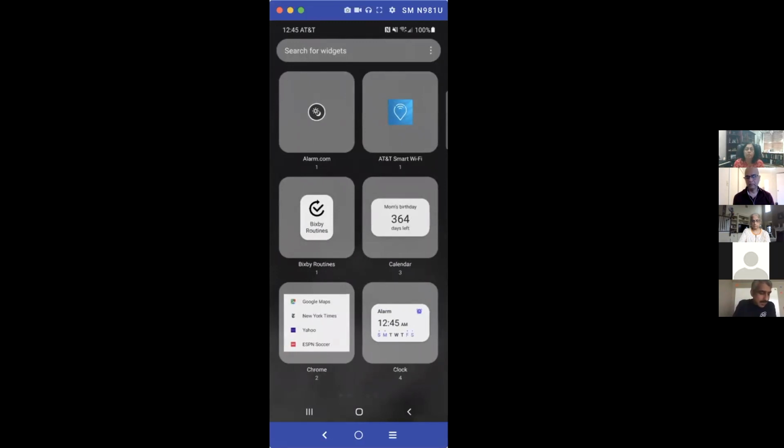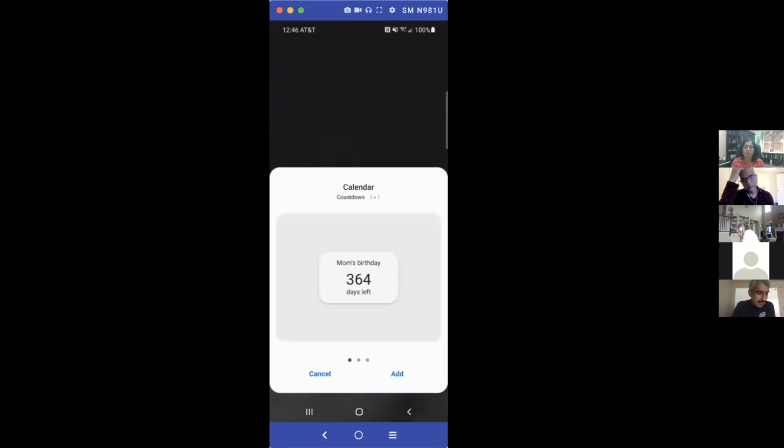For example, you can see calendar, and in calendar you'll see the number 3 at the bottom, which means there are 3 types of widget you can drop with the calendar. If you click on that, one widget is the countdown, and it says 2 cross 1, which essentially means it takes 2 things across and 1 thing